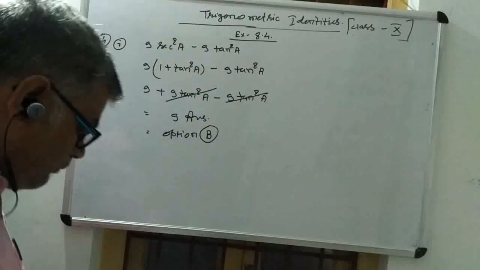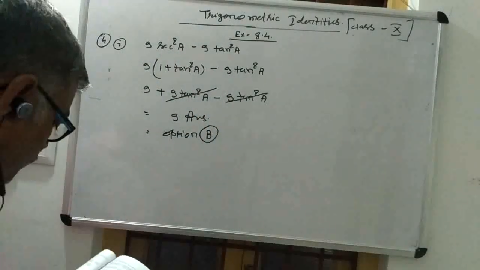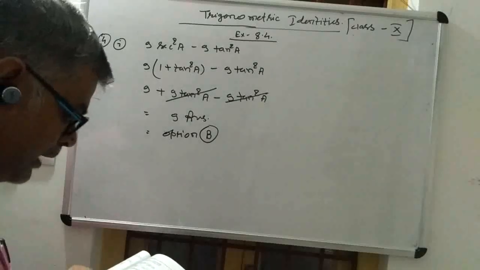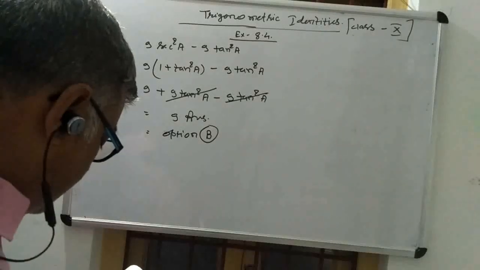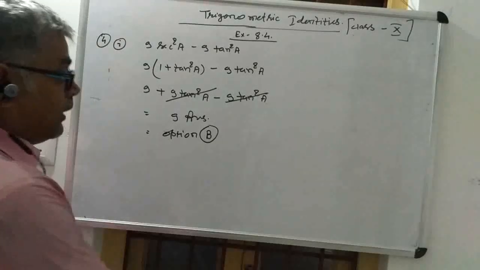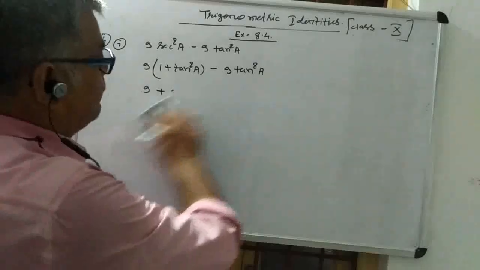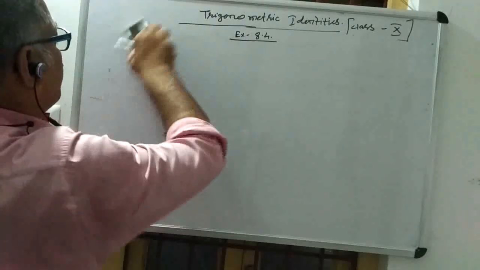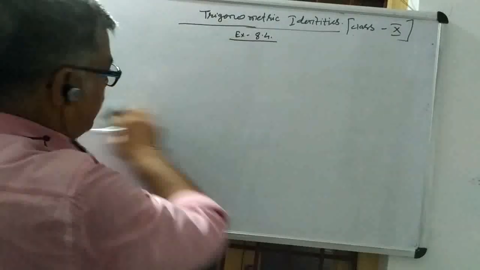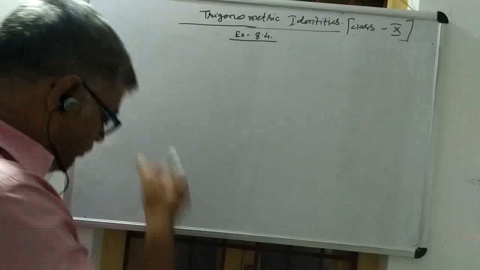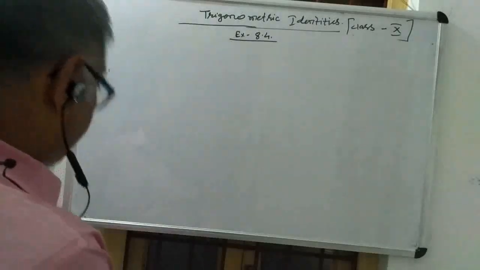Now we are coming to prove the following identities where the angles involved are acute angles for which the expressions are defined. Now we are coming to the proof of identities. Here an identity is given and we need to prove it. That is from question number 5. So let's see how it can be solved. The first question of 5 is